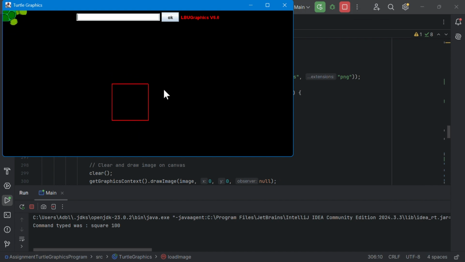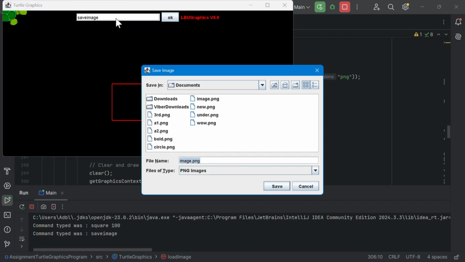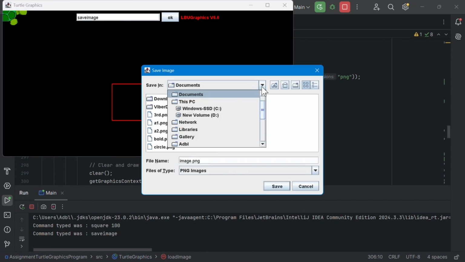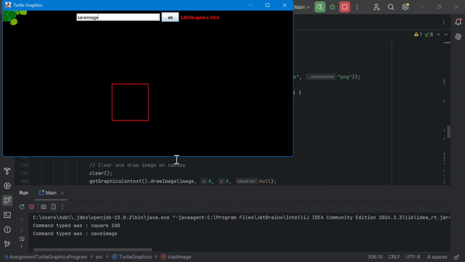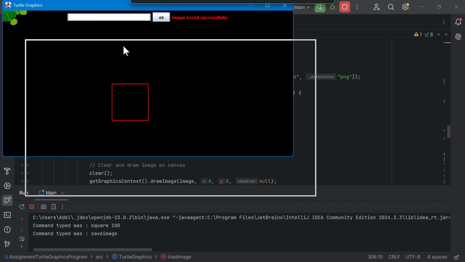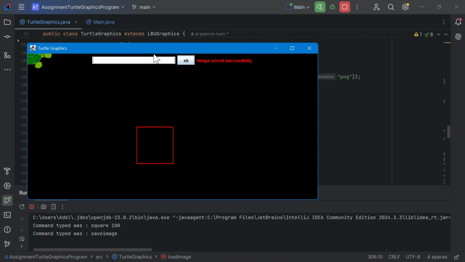Okay, it is doing the hover feature. Now I'm gonna save this image in disk C, turtle saves, and I'm gonna rename this as square. As you can see, it is saying image saved successfully,